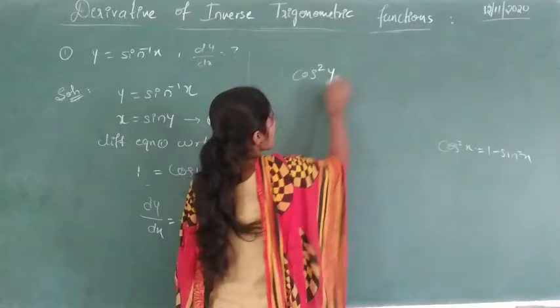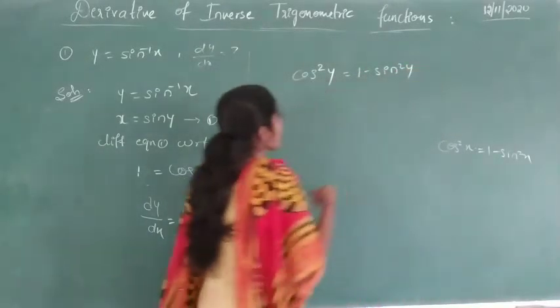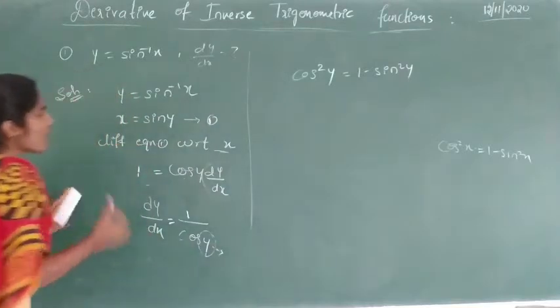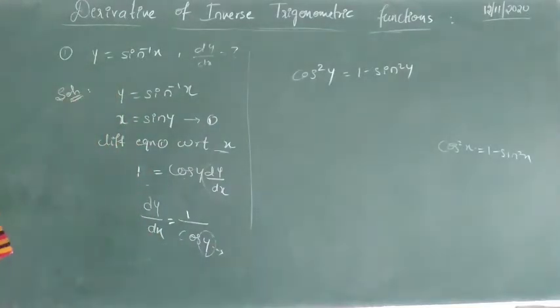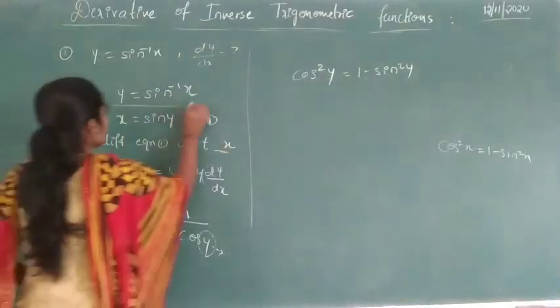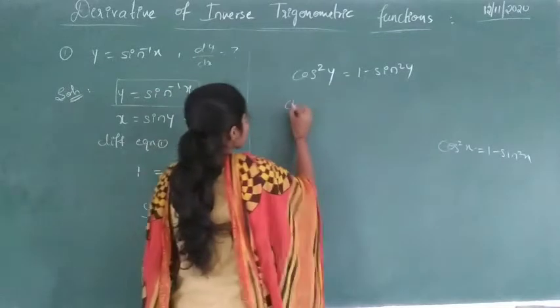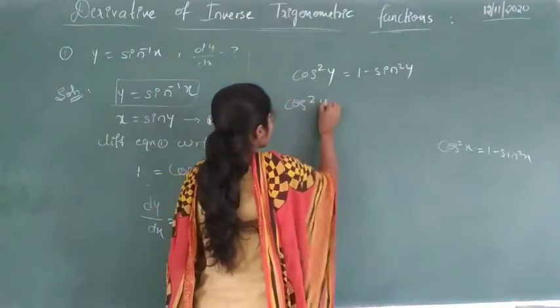So cos square y is equal to 1 minus sin square y, I can write. So cos square y can be written as 1 minus sin square y. See, now I know that y is sin inverse x. So cos square y is